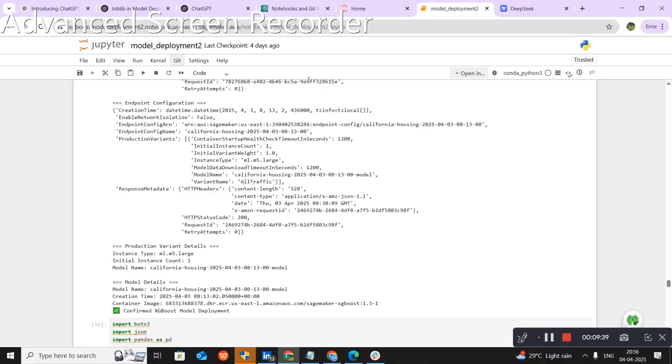At that particular endpoint, the deployment of the model takes place. Whenever you ask a question at that endpoint, an HTTP request is sent, and then at that endpoint the model will be